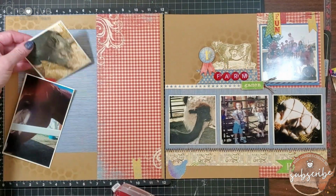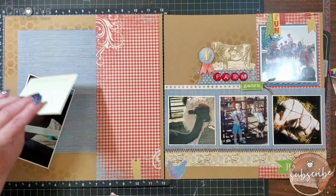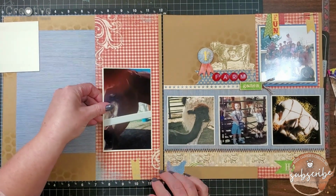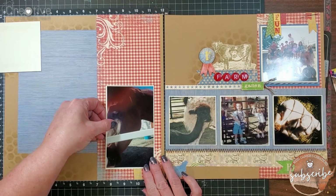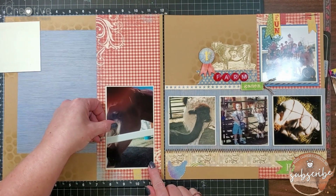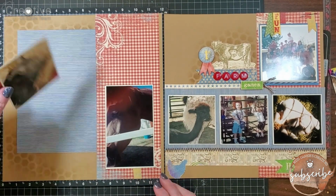So as you can see, I've already added that blue striped piece of paper. Now I'm going to adhere down all of these animal photos that my son took and photos of the kids playing games. When our kids were younger and they went on a field trip, we would send them with a